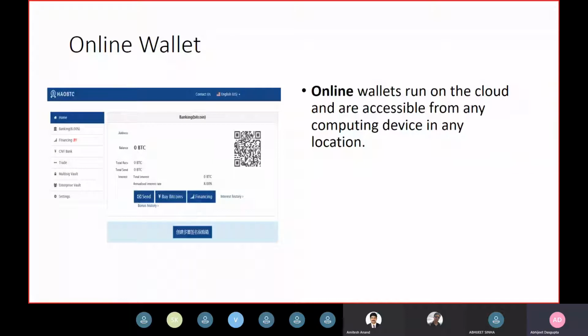In the case of online wallets, if the server on which your private key is kept along with other people's keys is hacked, all the private keys of yours and other people may get hacked and the coins may get lost. So this provides ease and convenience, but it is not a very good or suggested way of keeping your coins.